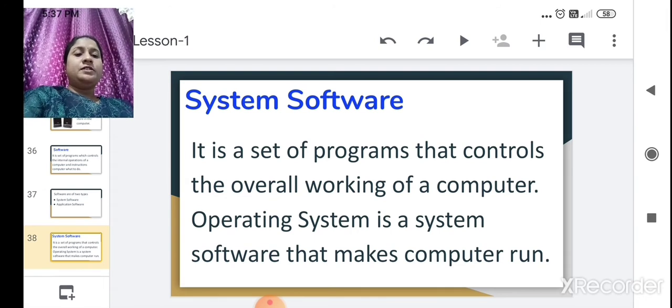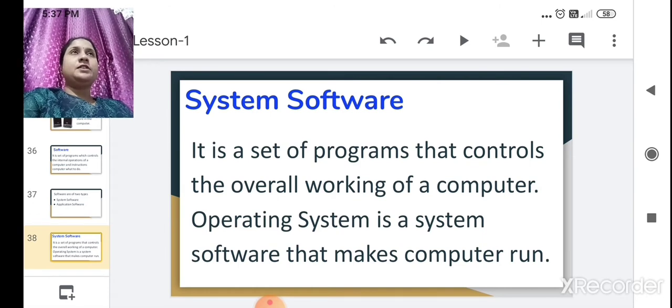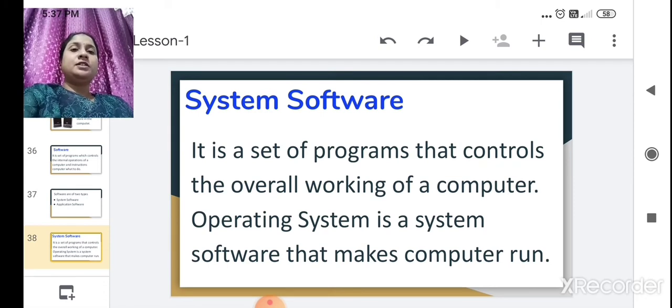So system software is a type of computer program that is designed to run computer hardware and application programs. Means whenever you give any input to the computer, the output is displayed on the screen. Who controls all this? With whose help is it displayed?